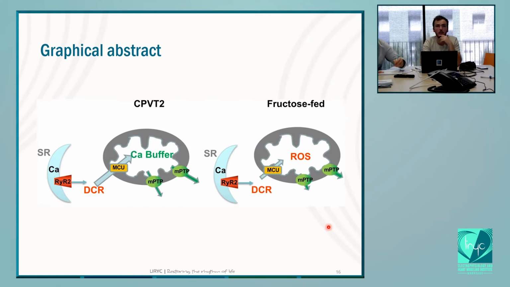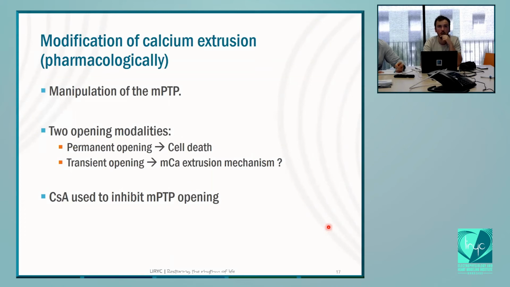the exit of the calcium from the mitochondria, and they are going to use the CsA, an inhibitor of the MPTP. Just a quick reminder about the MPTP. This channel has two opening modalities. One permanent, which is well known to be involved in cell death, and one transient opening modality, which may play a role in the mitochondrial calcium extrusion mechanism. And so they are using cyclosporine A to inhibit MPTP opening, because